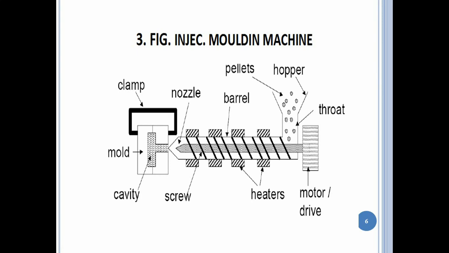Also, ejection is important in the injection molding process. In this case, the ejector side is not properly shown, but ejection is important because when the plastic product cools, it is important for it to fall down, and for that purpose the ejector pins play an important role.